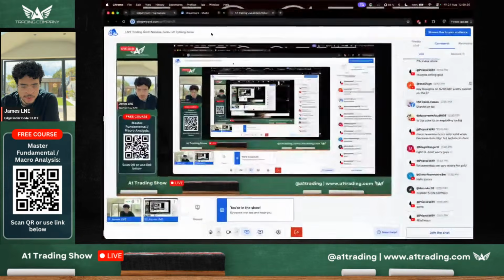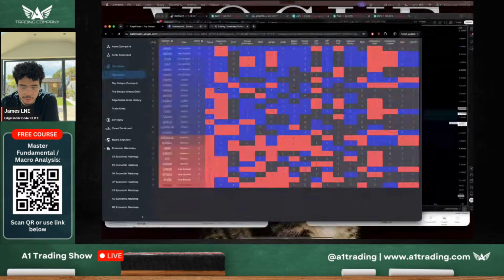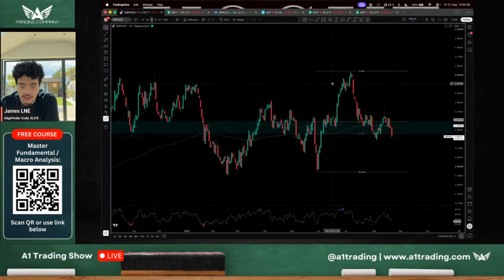Okay, so pound New Zealand doesn't have anything going on. I'm fairly sure it is bullish here, yes. So pound New Zealand is bullish on the edge finder with a score of 5. Fantastic. We've got that in line. The issue is,